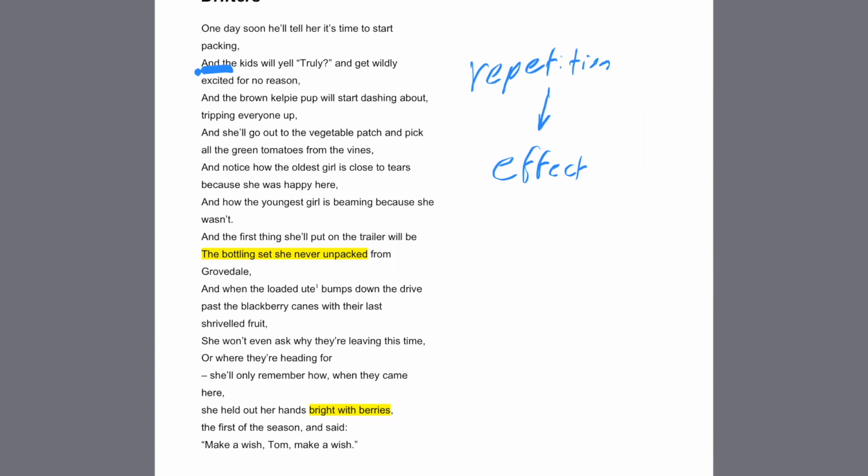The fact that all of these things are happening in such rapid succession, right, means that everything is happening very, very quickly, right? The effect of saying "and" can either be that you're adding to a really long growing list, or it could be to say that things are happening super, super quickly, right? So again, look to the answer choices for help. If I look at my answer options,